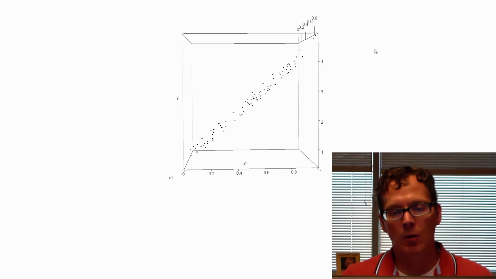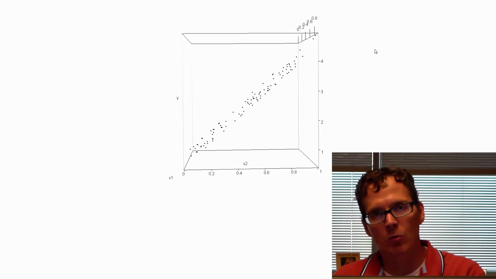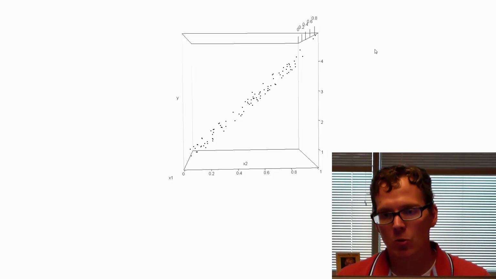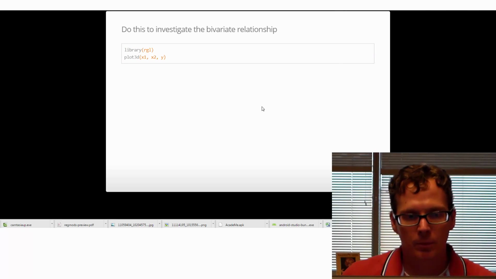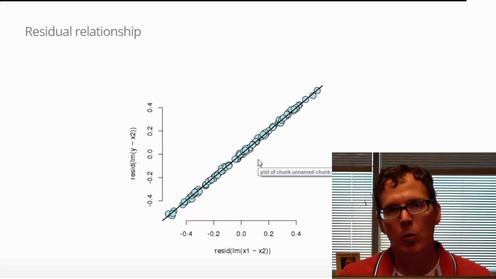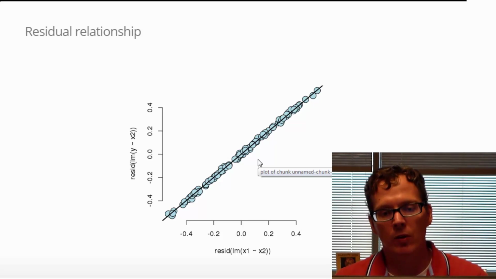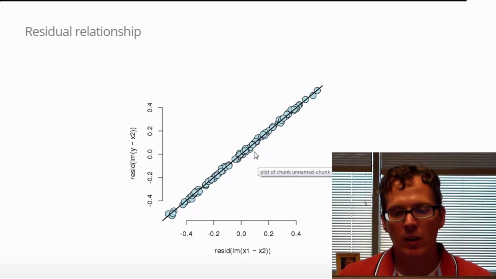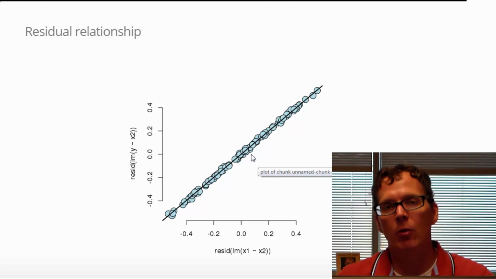And an easy way to look at that without having to resort to 3-dimensional plots, especially which don't work if you move beyond 2 variables, if you have 3 variables or 4 variables, is to look at residuals. So let's look at what happens when we look at the residuals. So here's the residual of Y after having removed X2, the linear effect of X2, and the residual of X1 having removed the linear effect of X2. And there you can see there's a very strong relationship left over between Y and X1 after having removed the